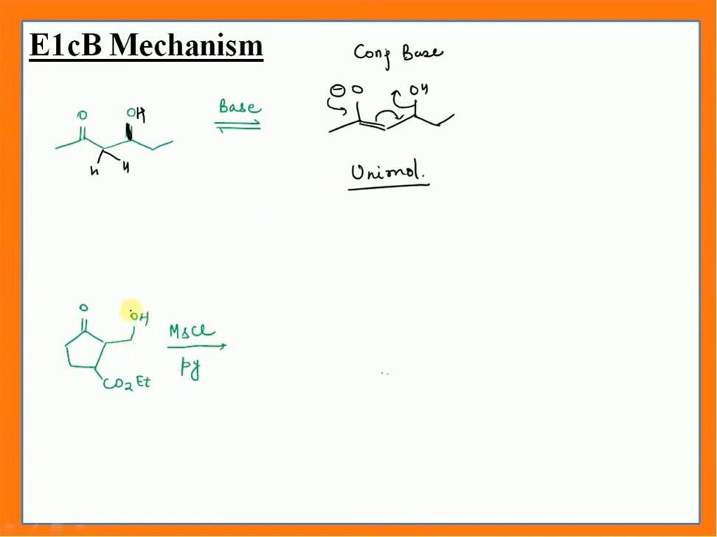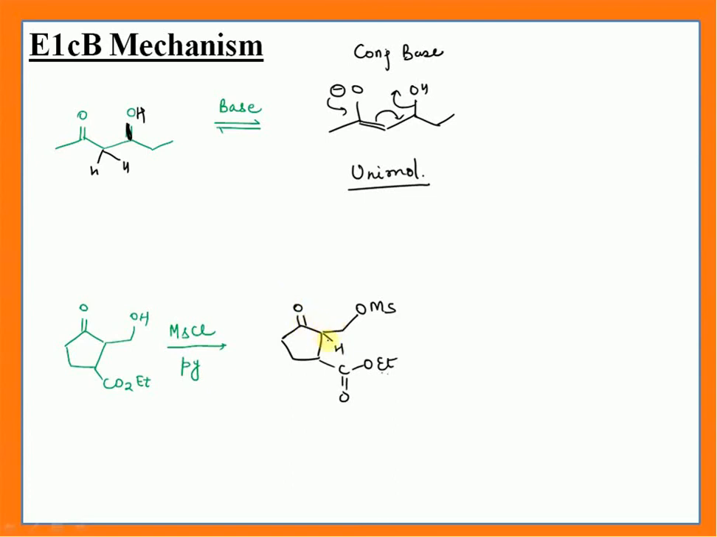For example, in this case we have a OH here, right? And we are using methyl chloride. So first it will form mesylate. It will attach like this, right? In next step we will use a base, this pyridine, and this pyridine will first remove proton from this position,